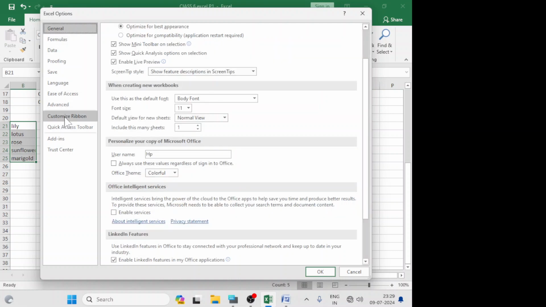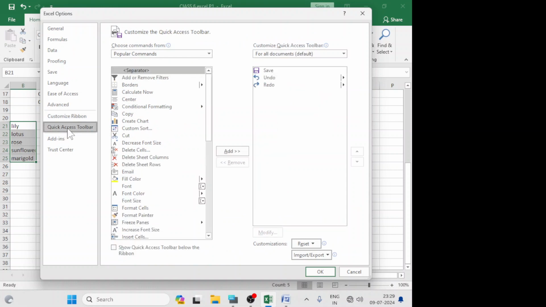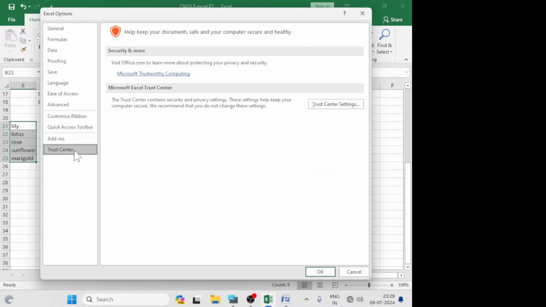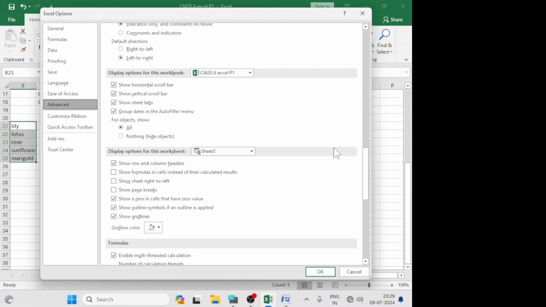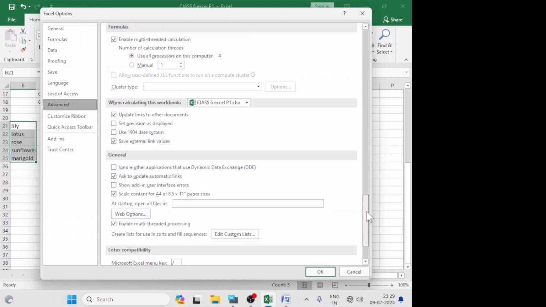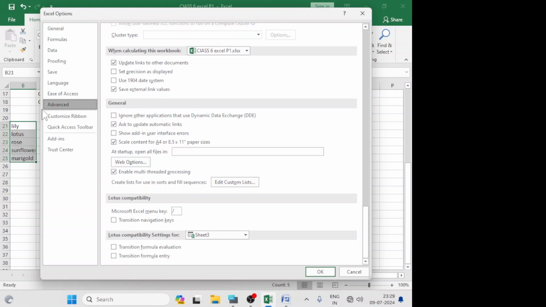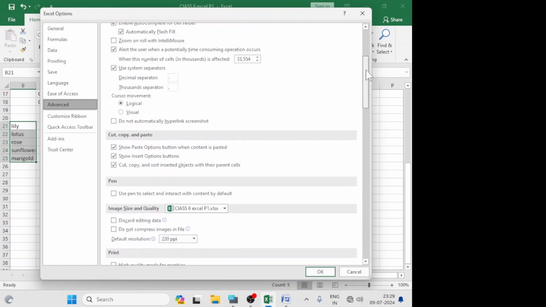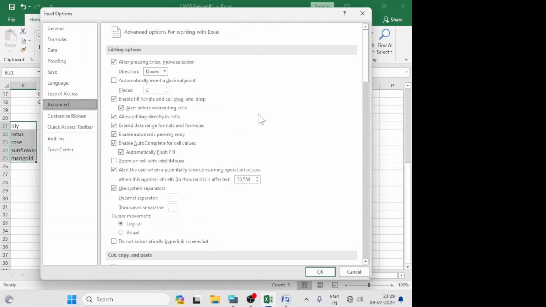Customize ribbon, quick access toolbar, add-ins, trust center. But we want to add a custom list in this page. So you will click on Advanced. You see, a screen like this will appear.